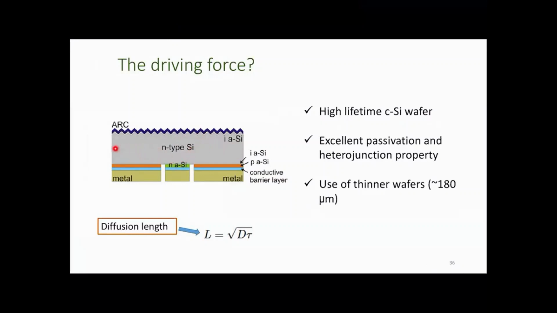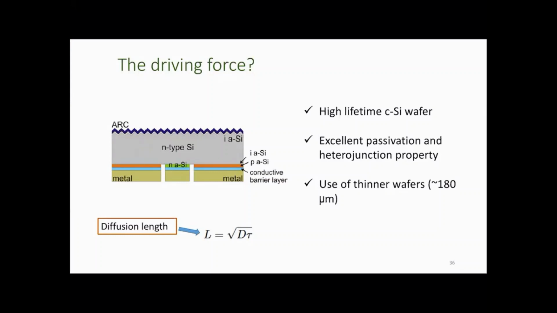For example, if an electron hole pair is generated at the middle of this absorber layer for a certain wavelength, and if the lifetime of the minority carrier is high, there is always a fair amount of possibility that these minority carriers will travel or will diffuse towards the backside before they recombine, right?